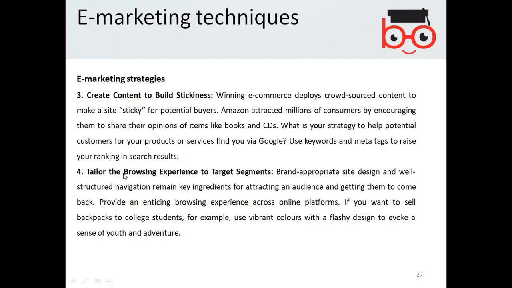So tailor the browsing experience: craft how the user will be browsing and how they will experience the website, what segments of the website will attract individuals, and you need to really involve them in the engagement with particular products and parts of the website, so that they are targeted.